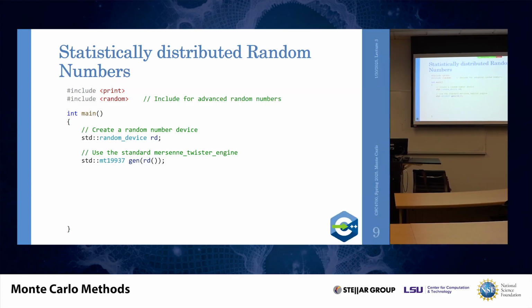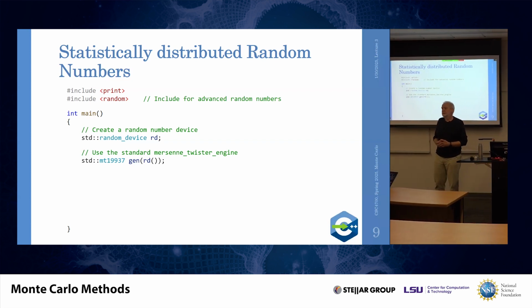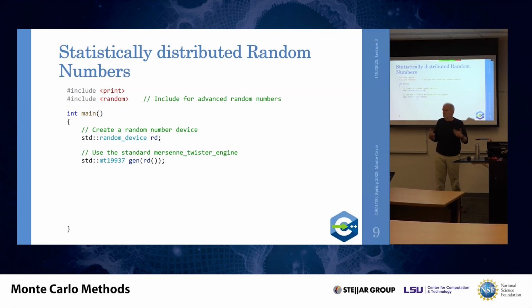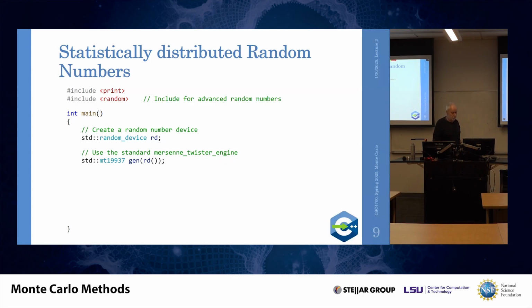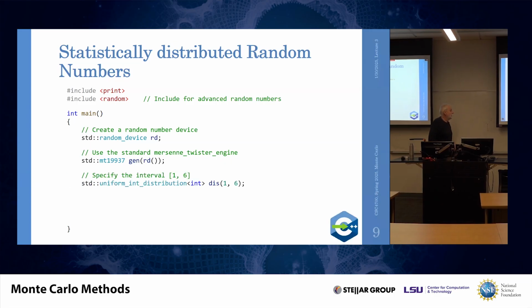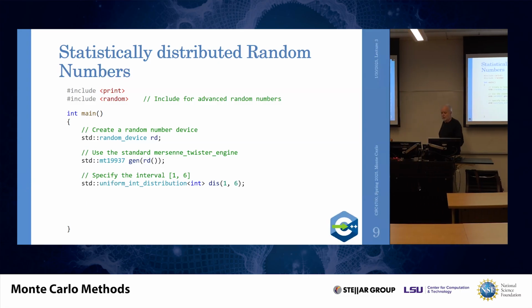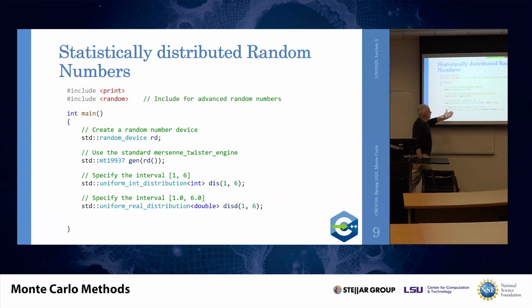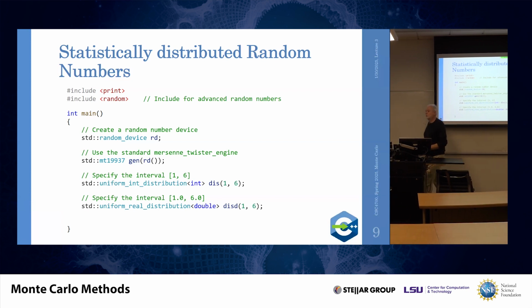Okay, you might ask, why not use random device for every random number? It's a very expensive call. You want to use it once. You want to use it only to produce a seed for a faster, more reliable, more efficient random number generator. Okay, now we have a generator and we create an integer distribution which is supposed to give us numbers between 1 and 6, or we generate a real, uniform distribution that should give us numbers between 1.0 and